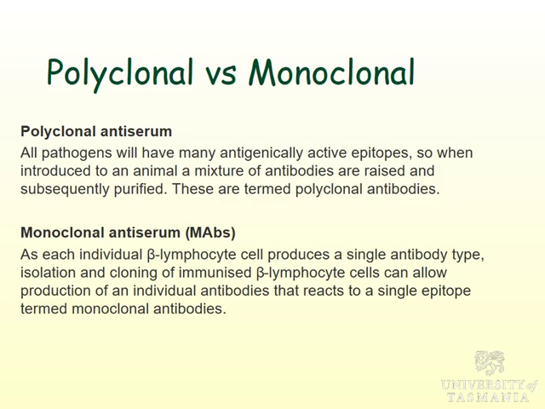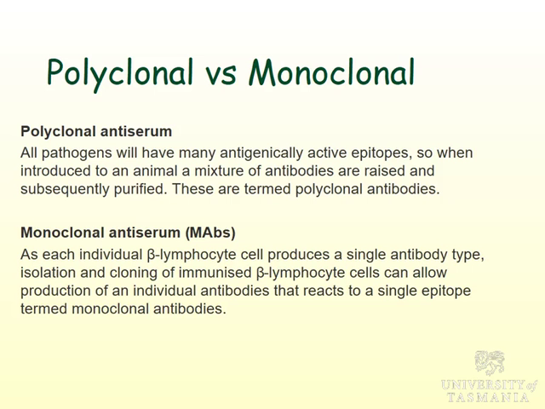If you look at the way antibodies are produced in animal systems, they're actually made in the lymphocyte cells. So each individual beta lymphocyte cell produces one antibody. Of course, there's lots of cells, and so that's how you get the family of antibodies. But if you immunise, it's usually a rat, immunise a rat,